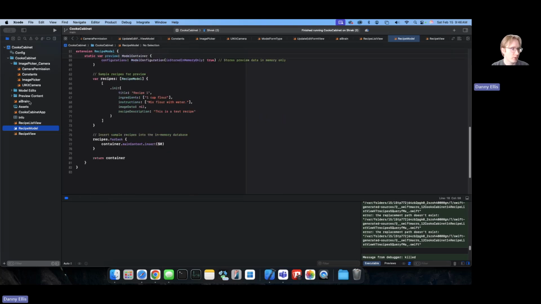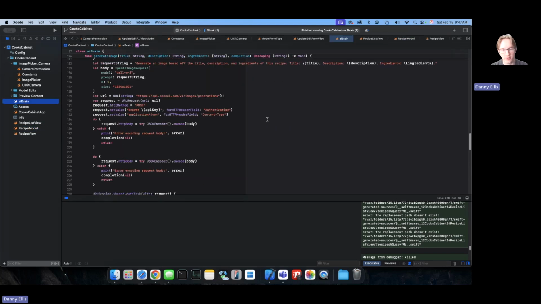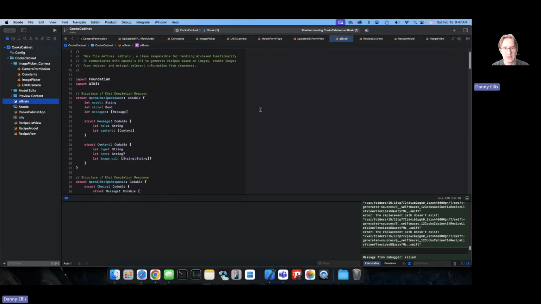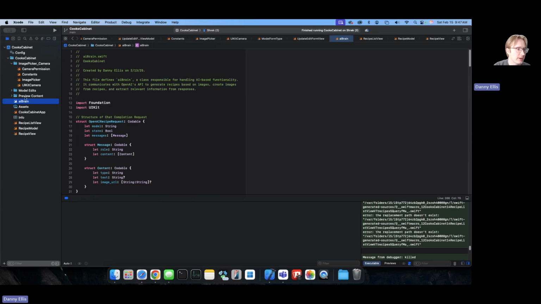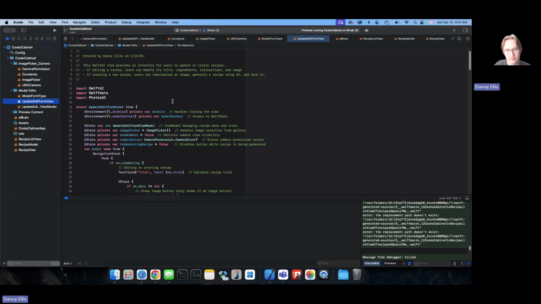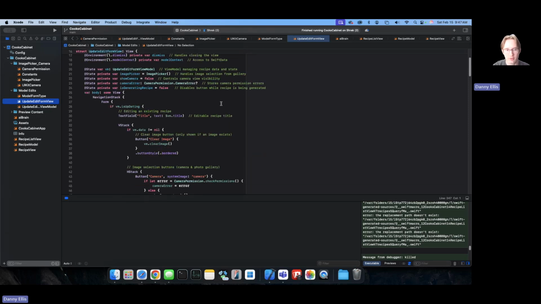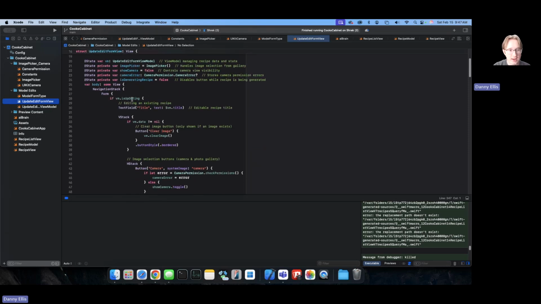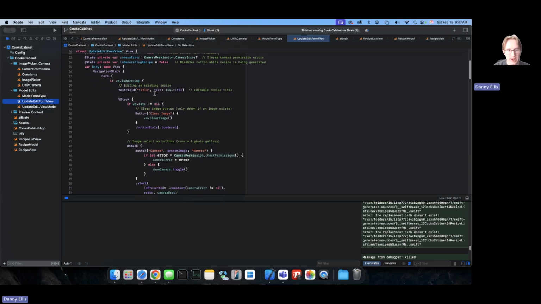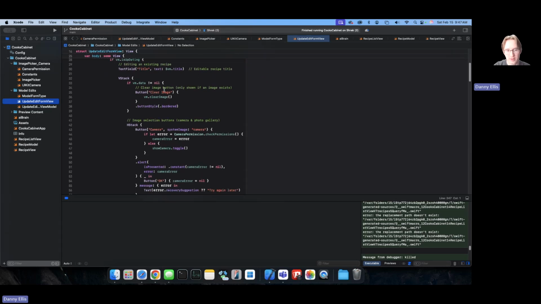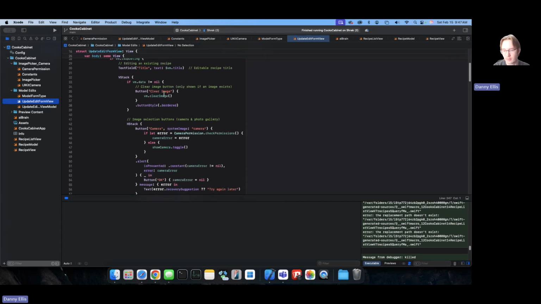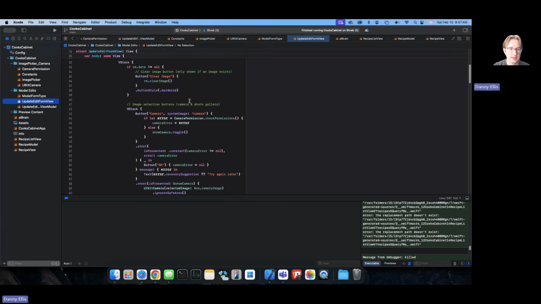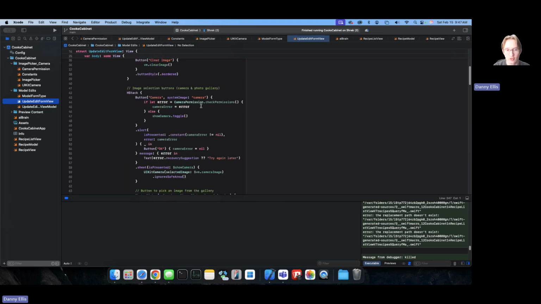All right, so then we'll go over to this AI brain. So this is where we handle the image generation. Well, we'll look at this first. So we have our update form. So this goes through and creates a page where if the user is editing an image, so if they're updating, then it's going to create an editable text field for the recipe title, as well as an option to remove the existing image, choose a new image,